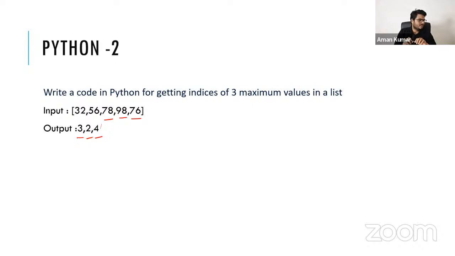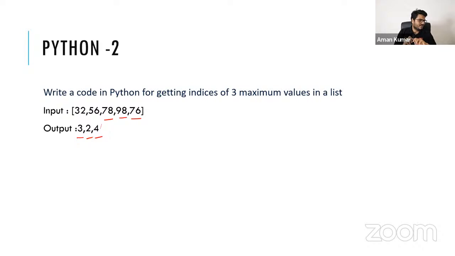Usually, we will make a dictionary with index as key and the elements as values, correct? And then you will sort the dictionary on values and then take those keys. Is it? I think it is doable, but a little lengthy way of doing it, I would say. What do you say, Ujjwal? I'm happy to be challenged. I'm not a great Python guy, okay? I'm happy to be challenged.